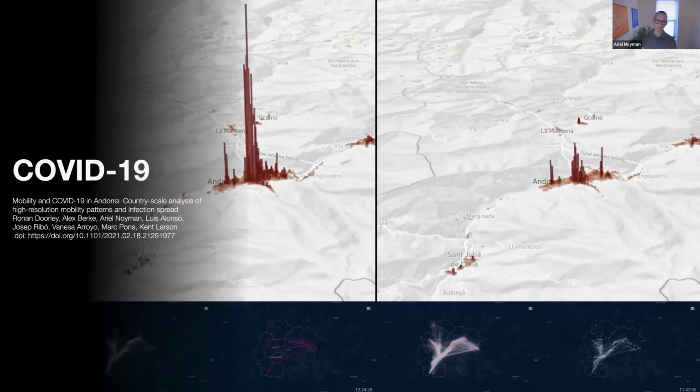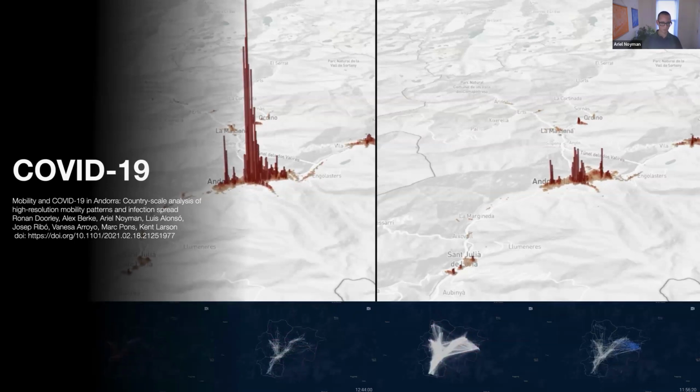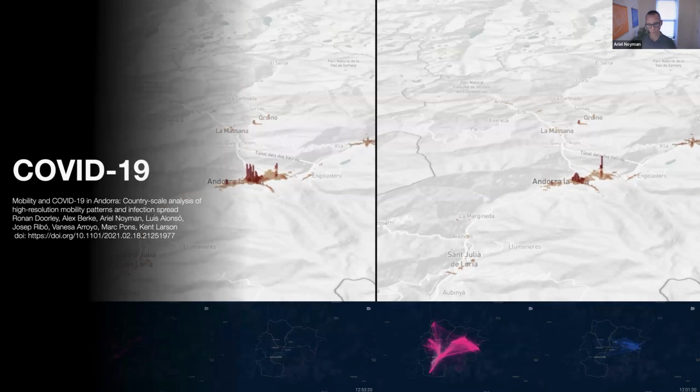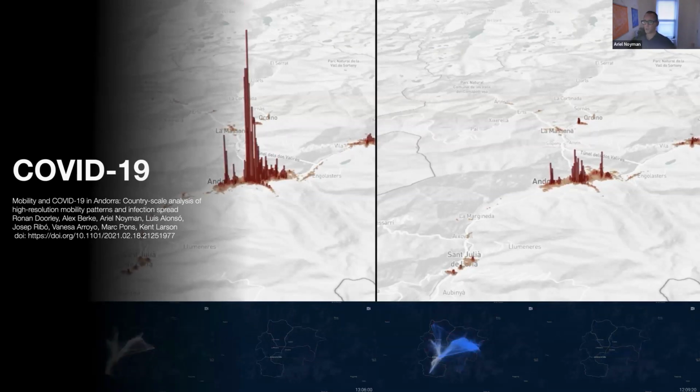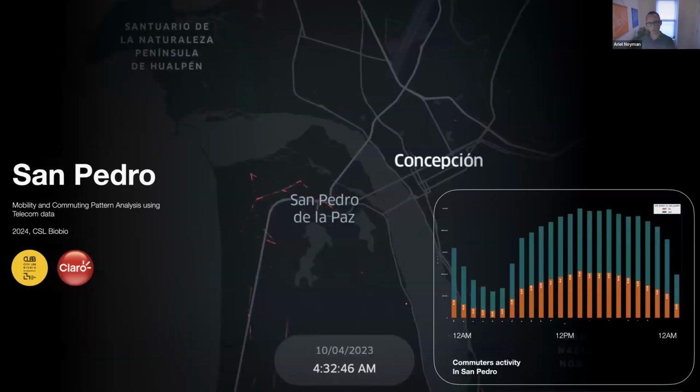Now, this is done for tourism, but during COVID, we basically flipped that metric, and instead of looking at places where we want people to come together, we started looking at what is the potential of a place to create the opportunity of contracting COVID. So on the left side, you can see the pre-lockdown potential for two people to meet in the same place, and on the right side, after lockdown, again using the same data pipelines.